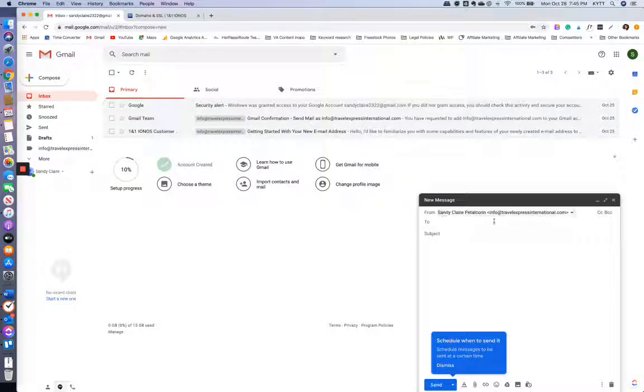So this is my friend, and I asked permission to use this as an example. Sandy wants to start a business called Travel Express International. And she doesn't want to send it as Sandy Claire 2322 at gmail.com. No. She wanted to send as info at travelexpressinternational.com, which is this. And I was able to put that in here as an option. As you see, there are two. It's the original Gmail, or we added info at travelexpressinternational.com. Cool, huh? So, even though you don't have a hosting yet, which I'll explain later on what a hosting is,